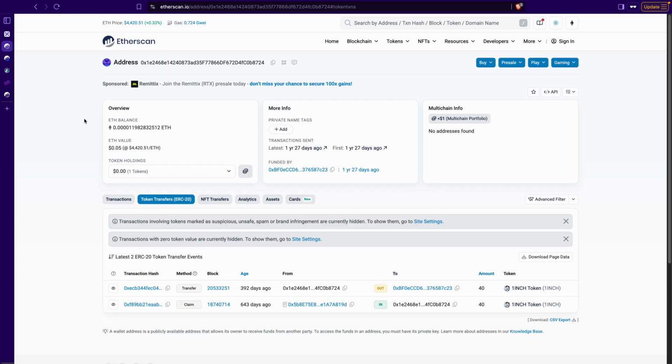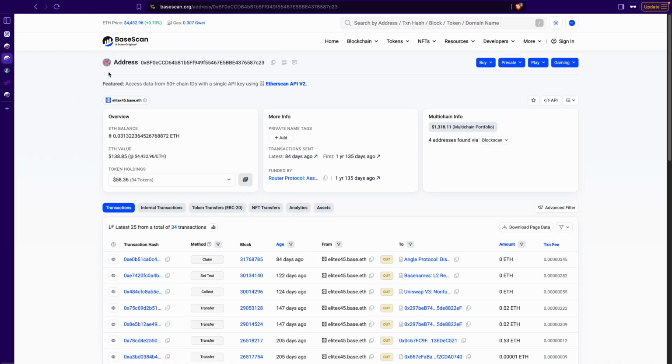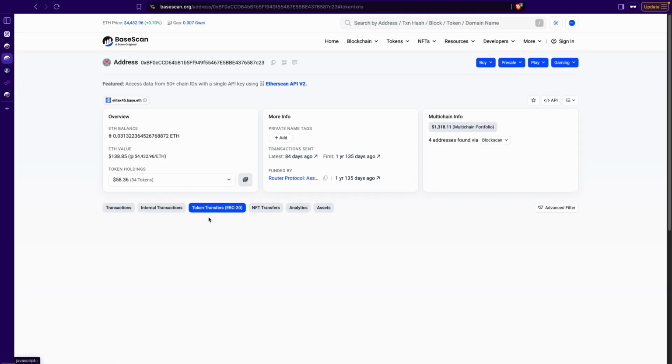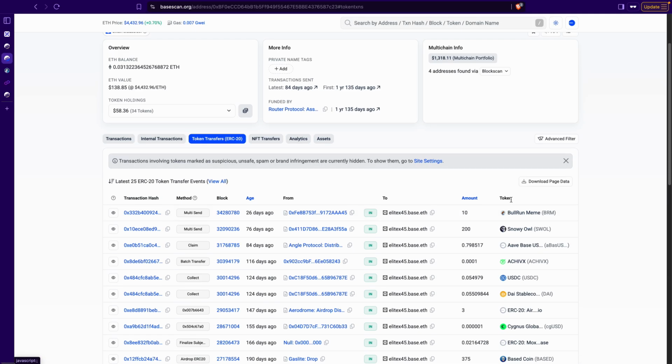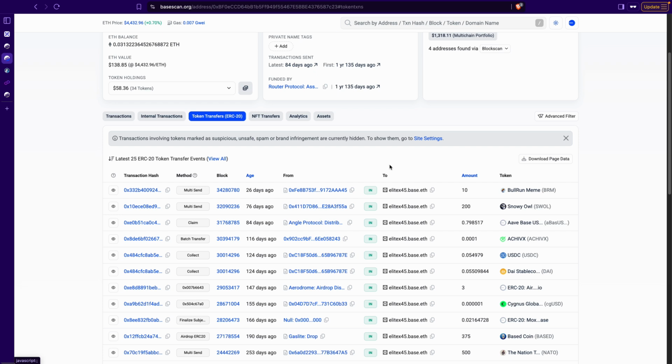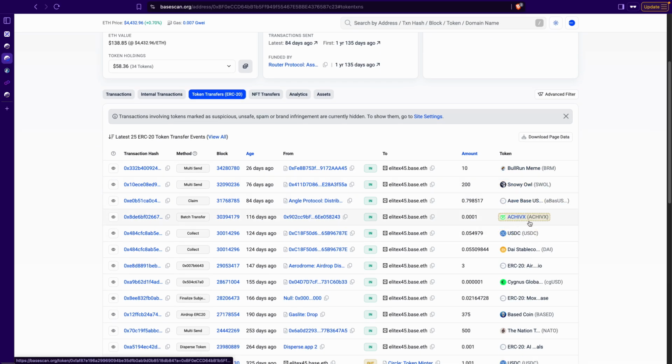Let's see some other examples. I'll show you in Base. Go to BaseScan and enter your address if you got any airdrops. Go to token transfers, and you can see there are many transfers here which I don't recognize myself. There is from here to my wallet, from here like Snowy Owl, Bull Run Meme, and AchieveX. Let's see this one. There is multi-send. If you go into this transaction hash,